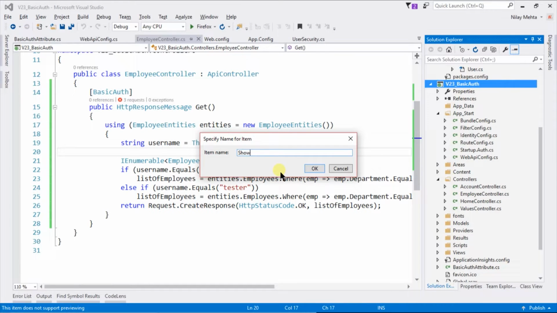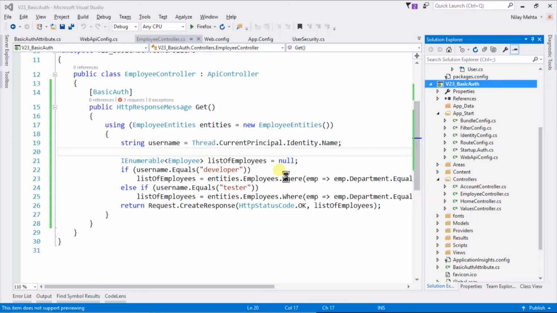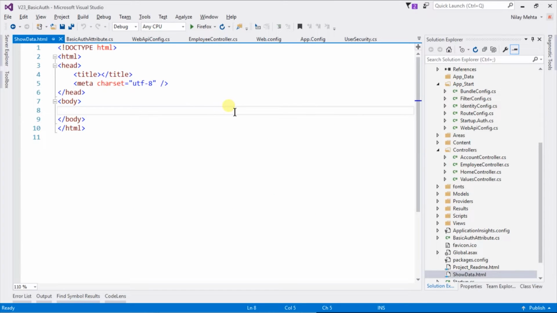So data. In this page, we are going to design a form which contains two boxes in which the user can insert the username and a password, and click on the button which will retrieve the list of the employees as per the logged in user. For this, we need to write the